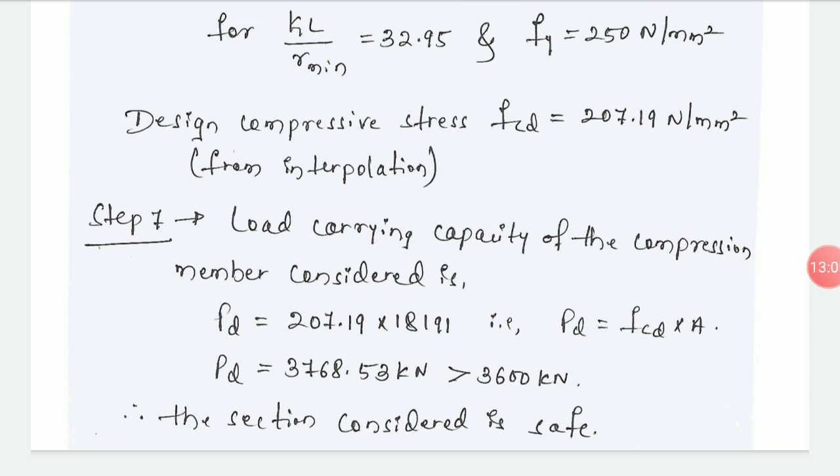Therefore the section I have considered for the compression member design is safe. So these 7 steps shall be followed to design a compression member whenever a specified load is given. Thank you.